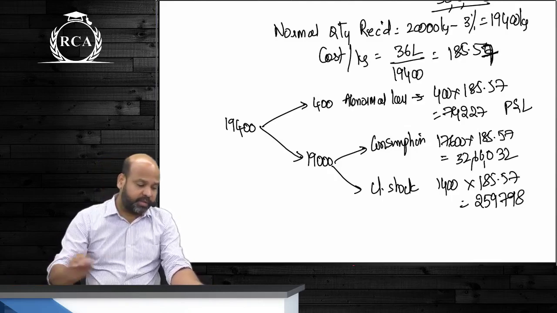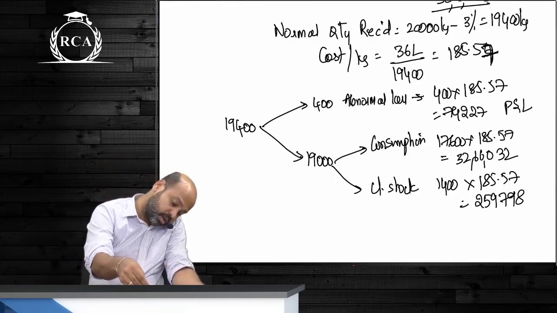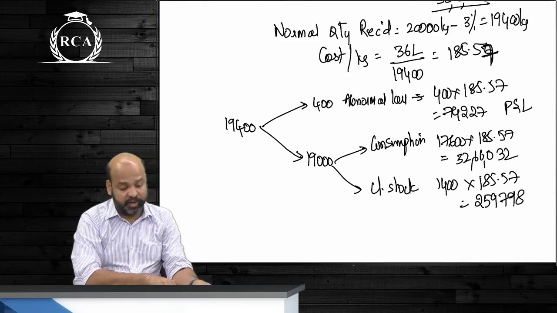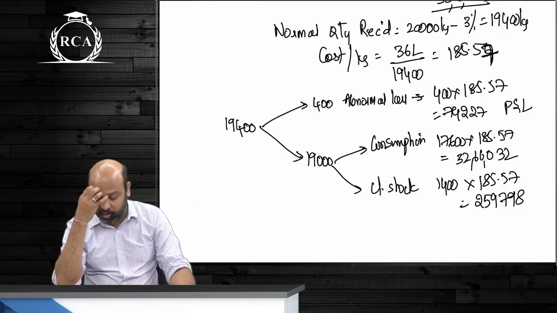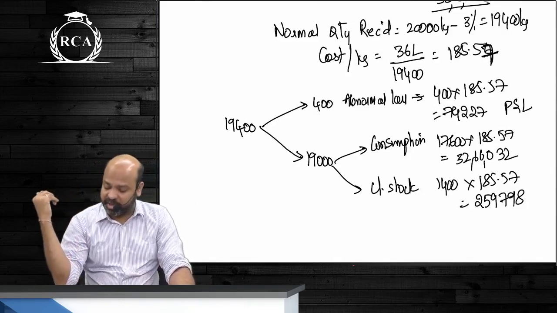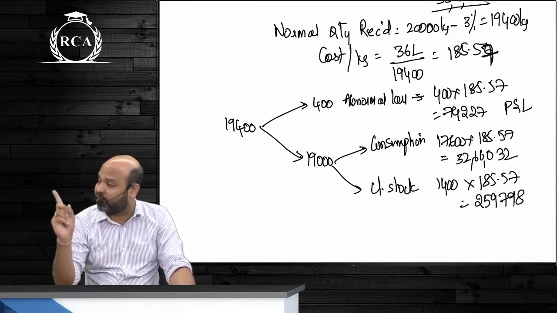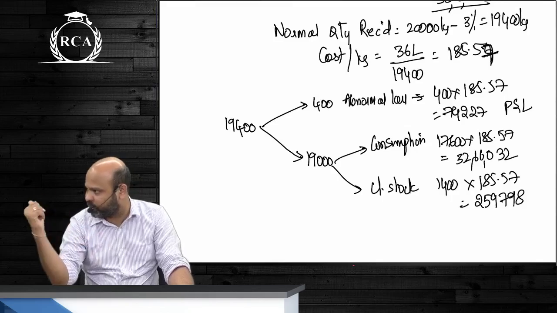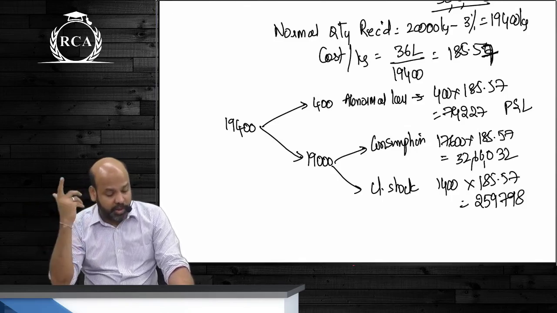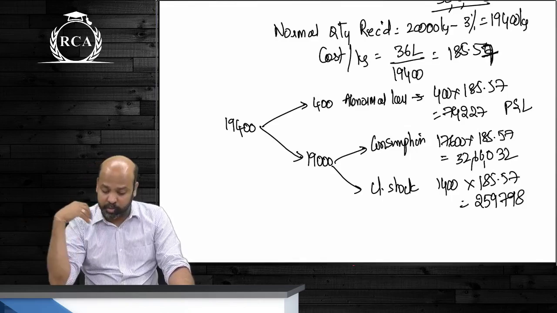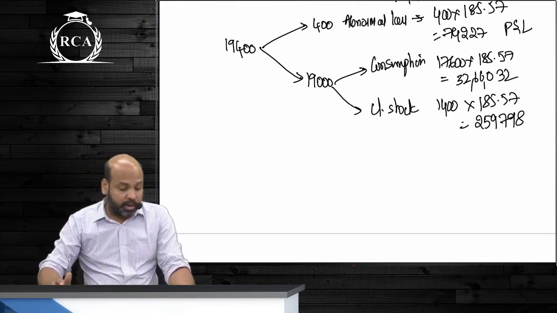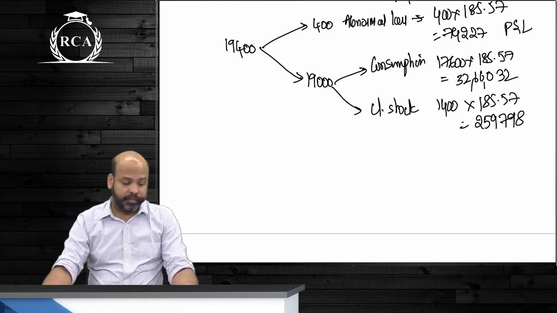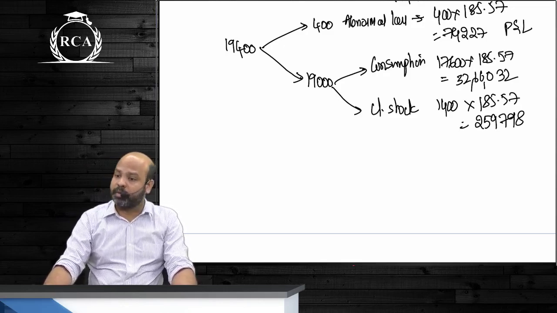So first bit, guys, says what is the cost of material: 36 lakhs. What is the value of closing stock? 2,59,700. They are getting 700, guys, because they have rounded off to only one decimal point. If you take 185.5 you'll get the same answer. Third bit already computed, guys. How much will go to P&L account? 74,227. Are we clear, guys? Are we all clear about this?